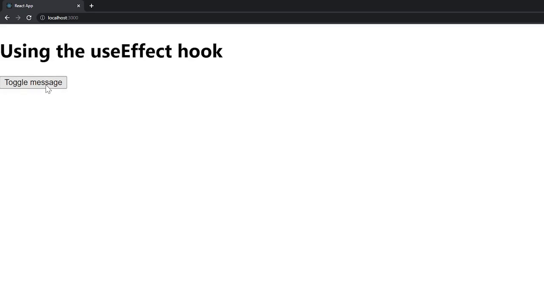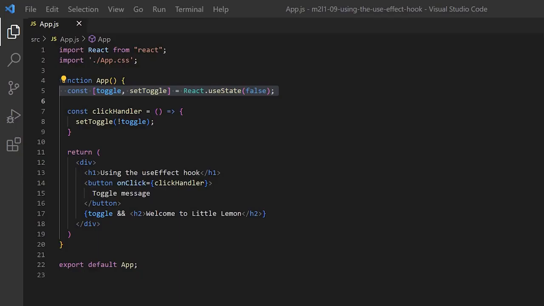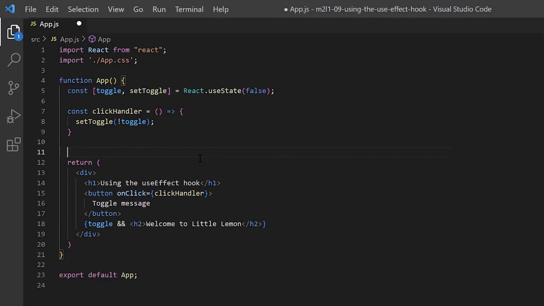Although the app is working well, my app currently has no way of updating the text in the Browser tab like the restaurant owner wants it to do. This is an example of a side effect, which is why the correct way to add this functionality is to use the useEffect hook. So, above the return statement, I'll add a call to the useEffect function as follows: